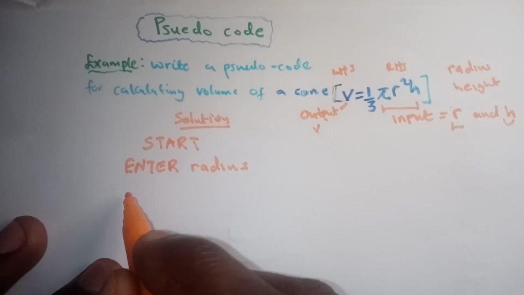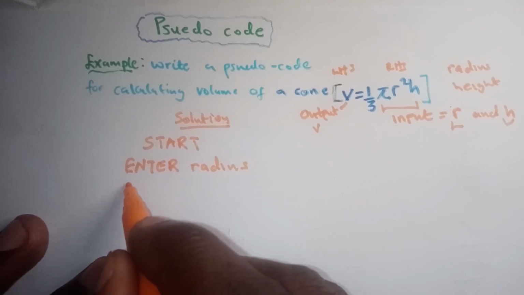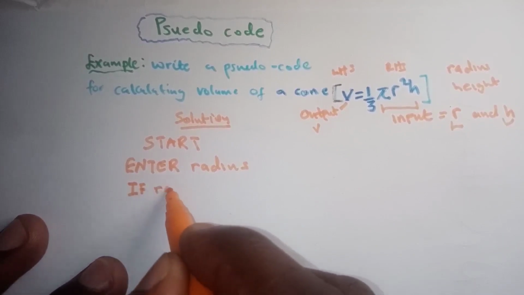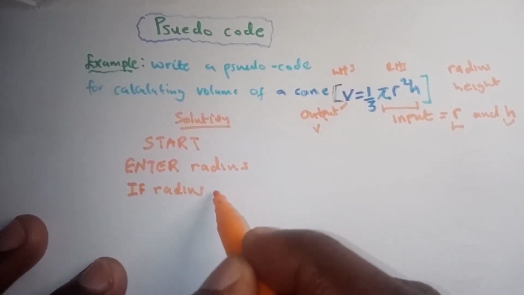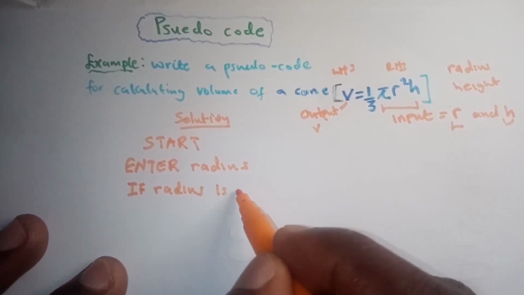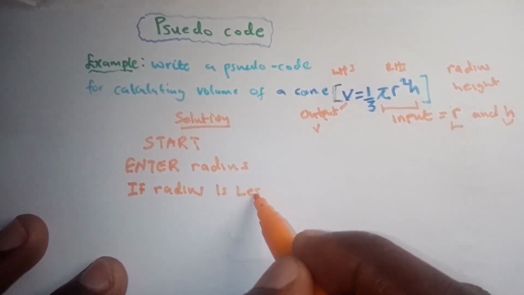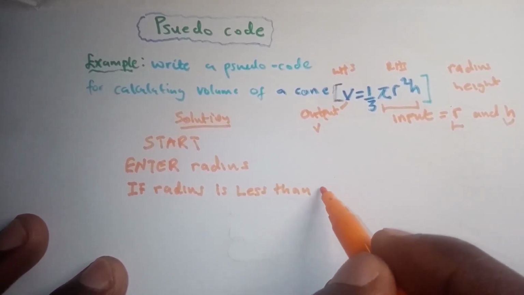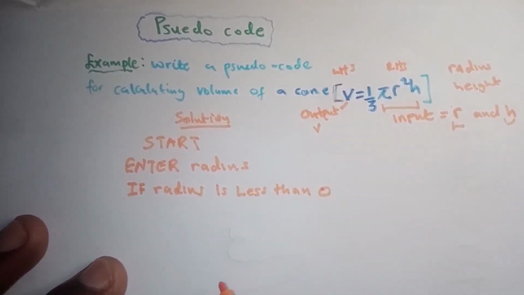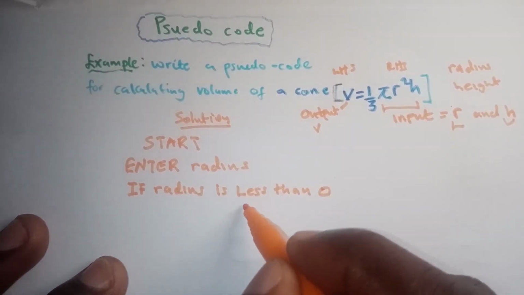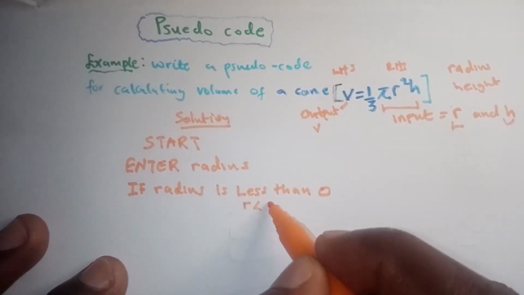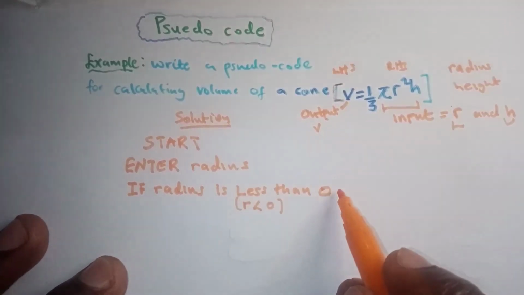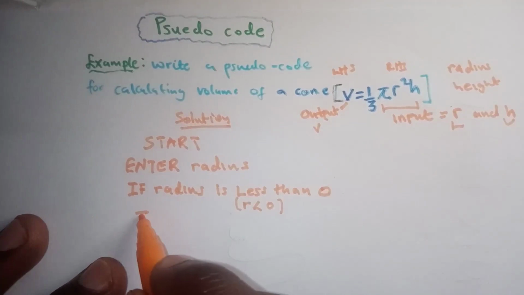We're going to say if radius is less than 0. Or you can just write this as if radius is less than 0. It's the same thing. So if radius is less than 0, then